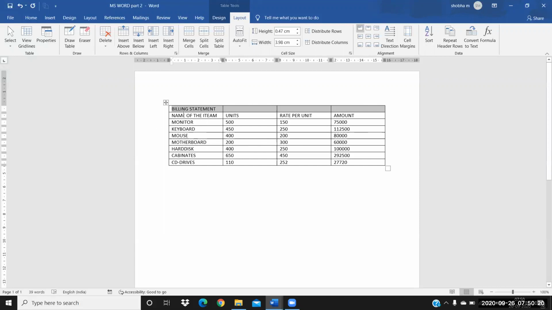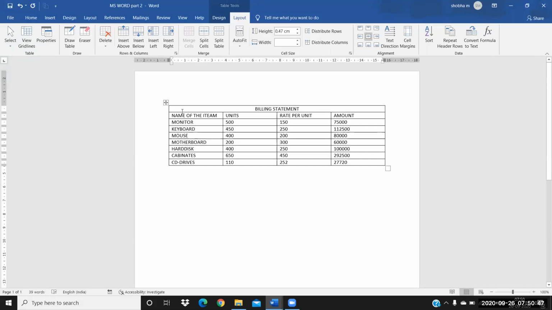So this billing statement has to show for all the columns here. In that case, you can just click on merge. Merge is an option which helps you to merge multiple cells into a single cell. So like this, see. You can just click on the center option here, alignment center, so that the alignment comes to a center position like this.